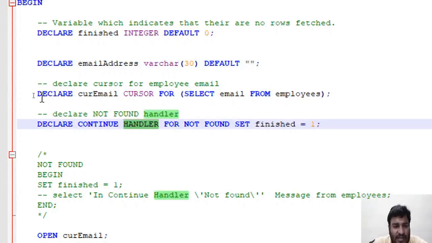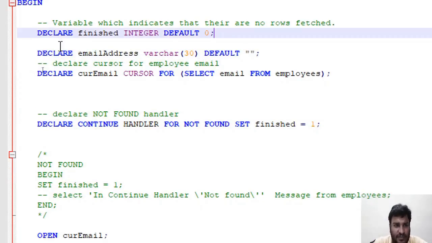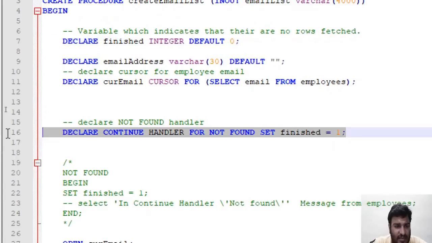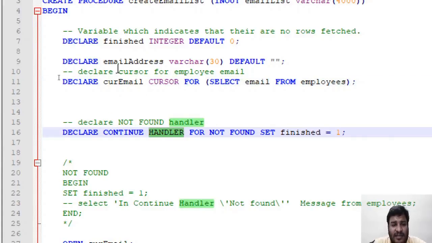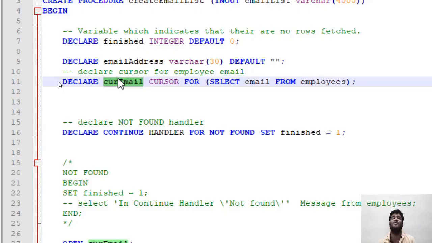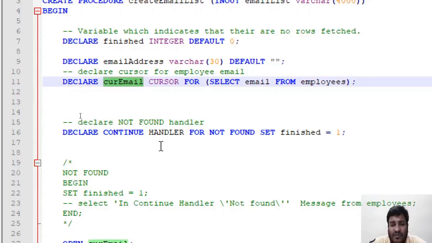And then there is a declare statement. This is a different declare statement, and you can combine these three declare statements together. What exactly is this declare statement? This is the handler for the cursor. For the cursor which we are creating, this is the handler, and whenever the cursor fetches values from a table and finds no values, how it fetches is a different aspect and we will talk about it. But for now, this is the handler, and whenever the cursor fetches and does not find any value, it says declare continue handler.